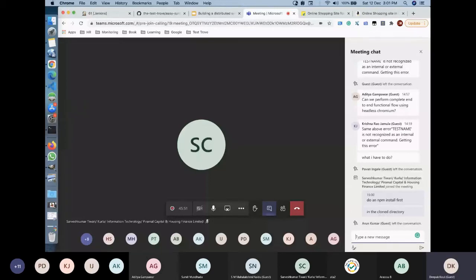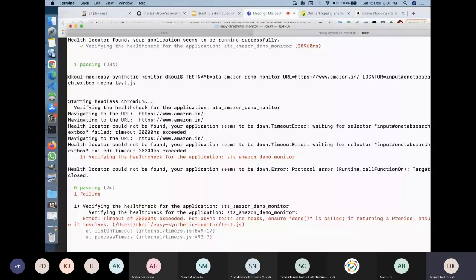Okay, so if you look here, what we did was test name is this, URL is this, and locator is this. But for an API endpoint, you don't really have a locator, right? It's not something which is opening in a browser and has a DOM structure of its own.